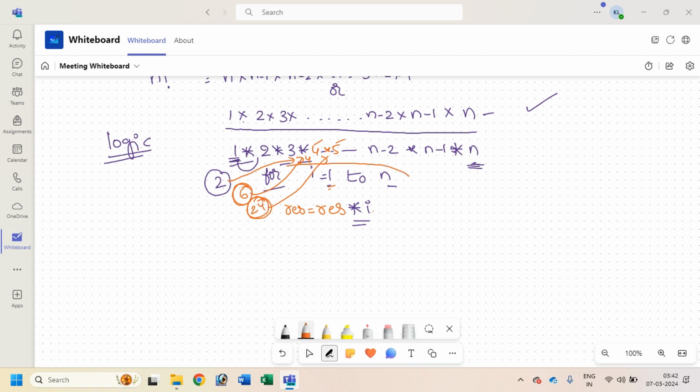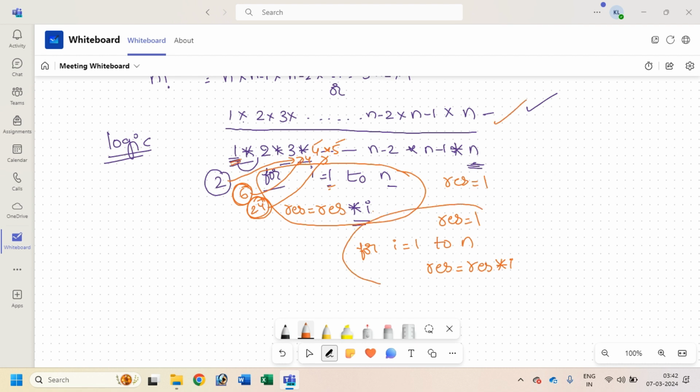Now this is the logic for factorial. And starting from what? 1. Otherwise a garbage value will be stored. So result is equal, initialize it to 1. Now if you observe, this is the main logic: for I equal to 1 to n. Depending on the programming language, the syntax will change. Don't bother about that. Then result equal to result into I. Before that, you have to initialize result to 1. Like that, we got